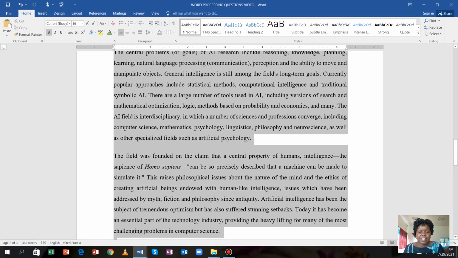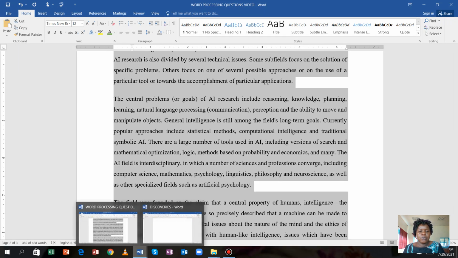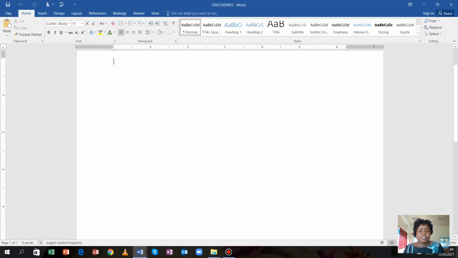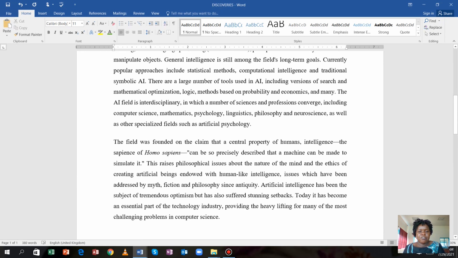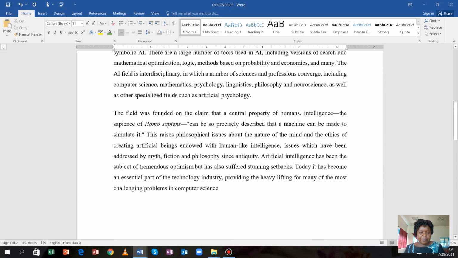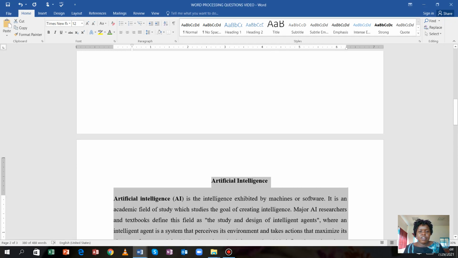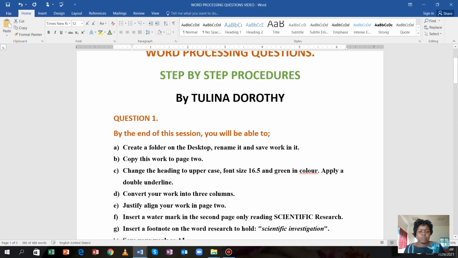So I'll select my text. I've selected it. You click on the copy command. Then I go back to my discoveries document and I paste. So I'm assuming I've finished typing the text as it appears. It is about artificial intelligence. The next instruction is telling us to